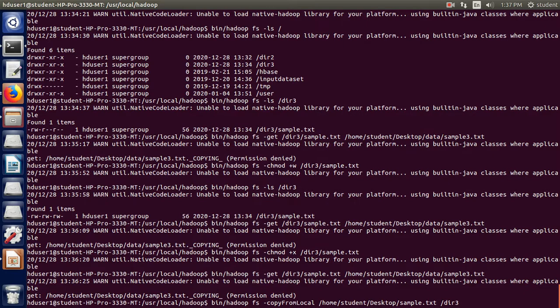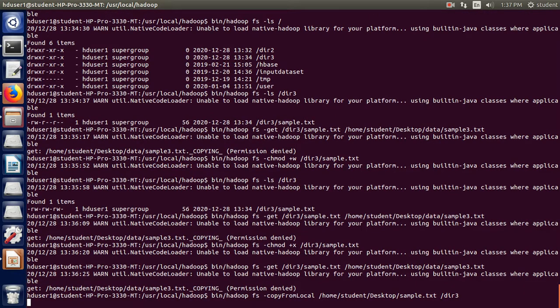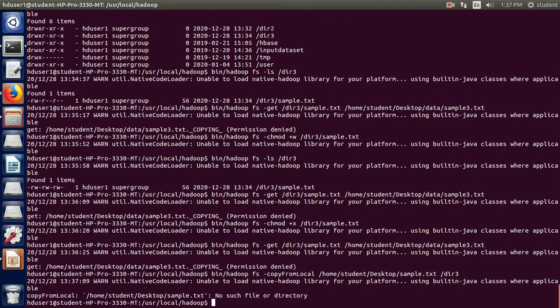Okay, so copyFromLocal, this local path to dir3, and I will check whether it works over here. Oh, still no such file or directory. So here what happens, copyFromLocal, it is not allowing to do this again. So it's better to use the put command only. We already used this put command over here.